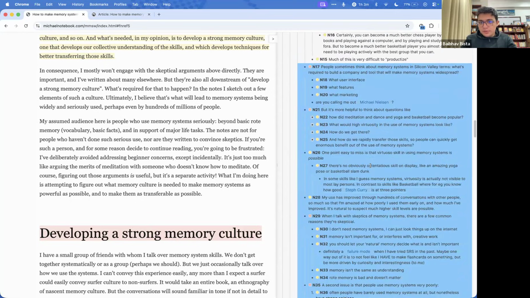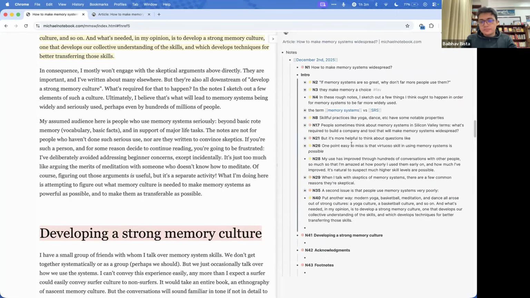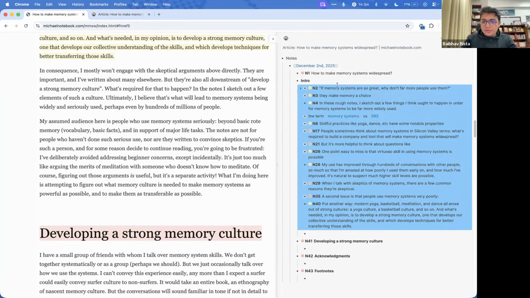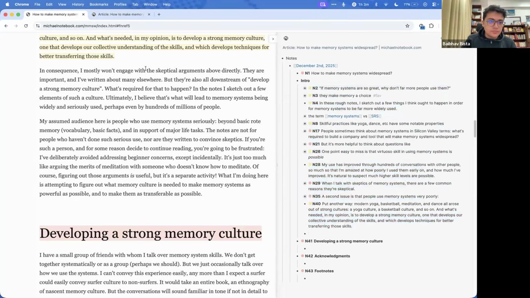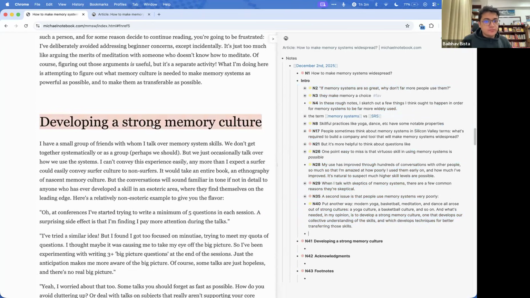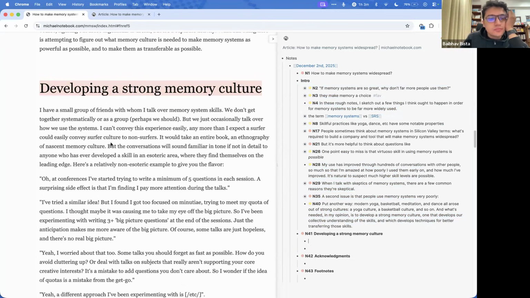It feels like we're a little bit too nested right now. And sometimes I like to arrange stuff as I'm reading them just to understand all of the arguments the user has been making, and then continue. Like, the good thing is that we're now in developing a strong memory culture. I just move it down. He's talking about what I said earlier, right? So like